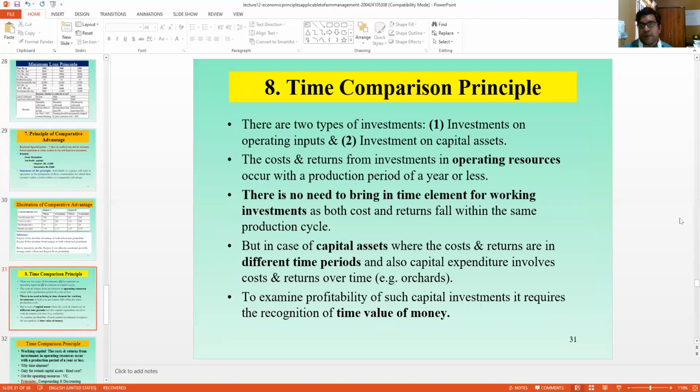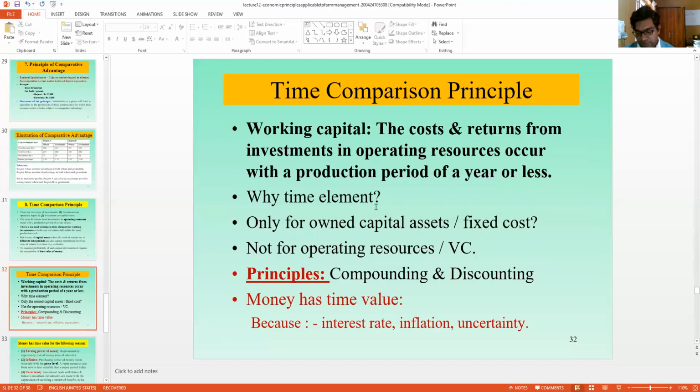Lastly, we have time comparison principle. As we said, this principle we are going to apply only in fixed capital, not in working capital, because we have time element. In working capital, within 1 year, we are going to get the outcome. There is no need to worry about time element. In case of fixed capital, which we are going to use for a prolonged time period, we have to take into consideration the time element also. Why? Because